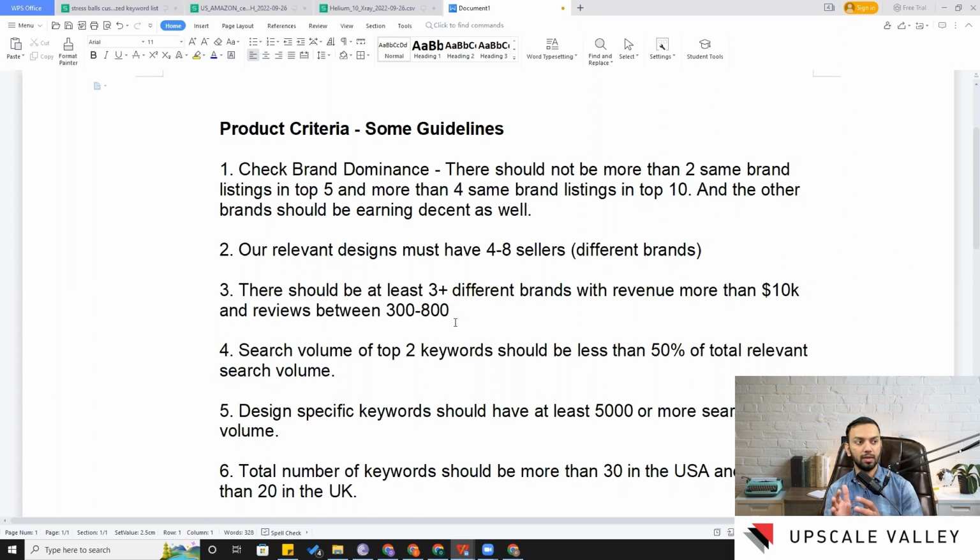So that will be a hard hit on the cash flow. We need to keep this point in mind. The search volume of the top two keywords should not be less than 50% of the total relevant search volume, because then again, if everyone will be attacking the main keyword and let's say you are generating 2000 unit sales per month in this scenario,